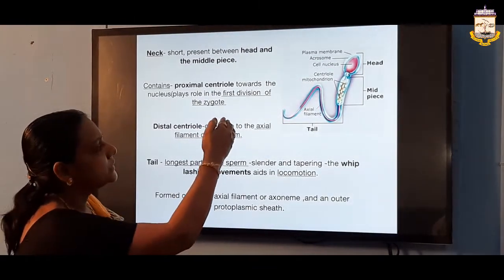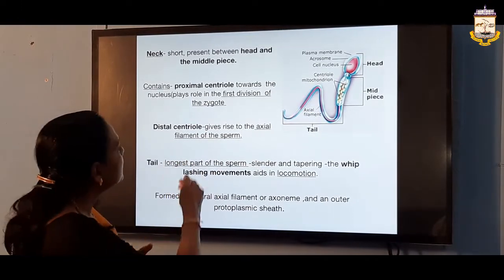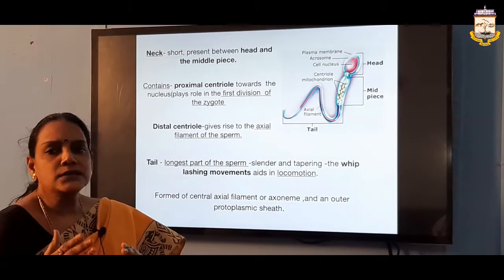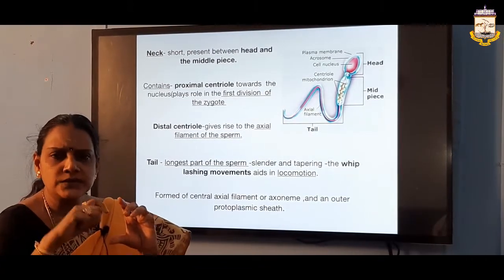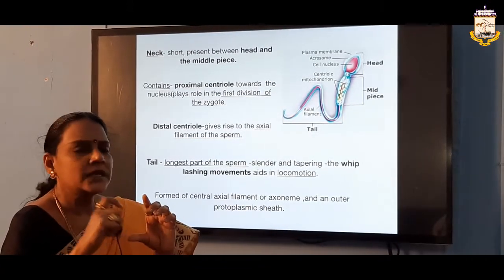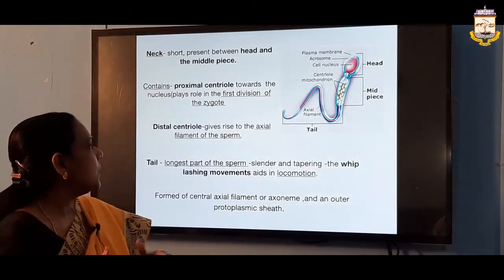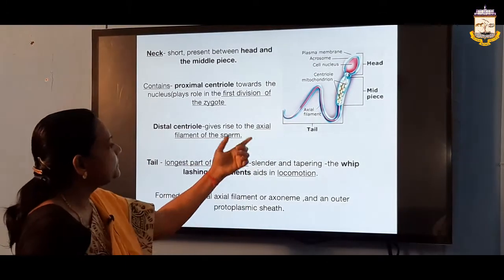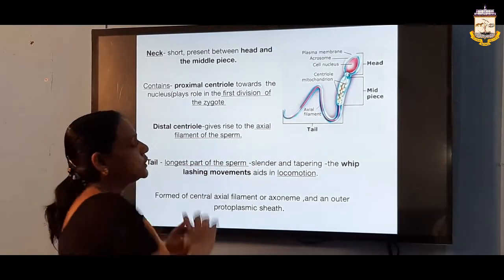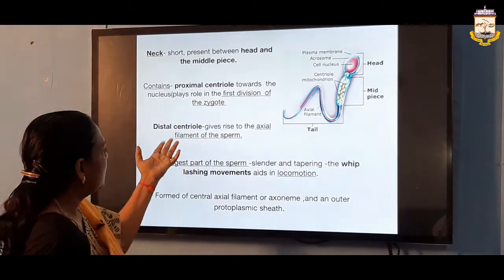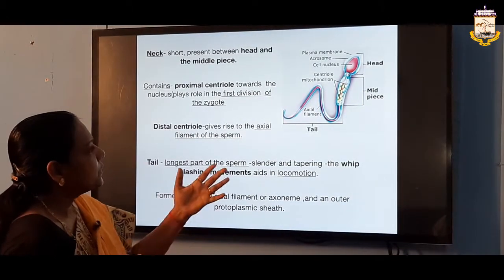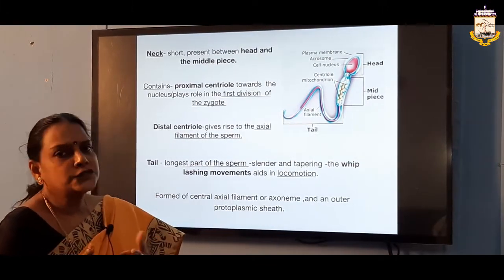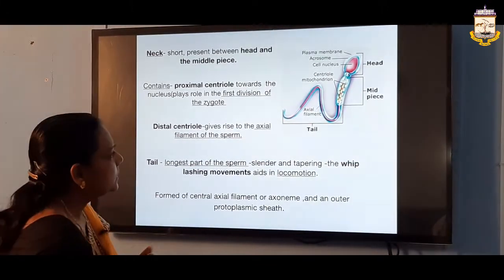Proximal centriole, which is present just below the nucleus, takes part in the first division of the zygote. So, after fertilization, division has to be done in the zygote. For the first division, first cleavage takes place, and that is done by the proximal centriole. After that is the distal centriole, which is present below that. The axial filament of the sperm is formed by this distal centriole. Then after that you have the middle piece. In the middle piece you have mitochondria, that is providing energy-rich particle, the ATP for the sperm,